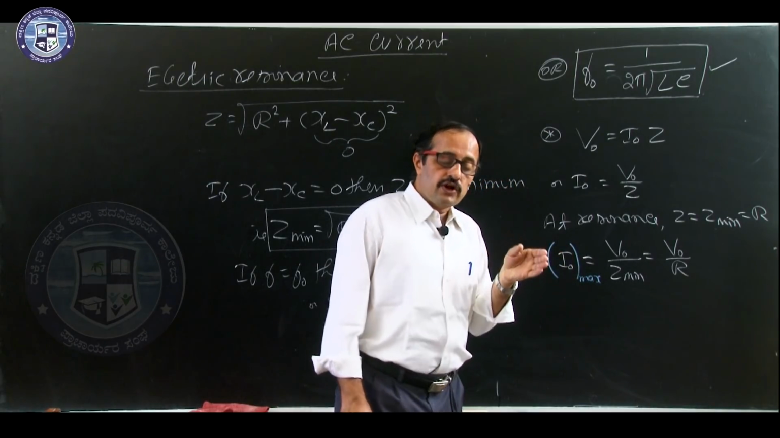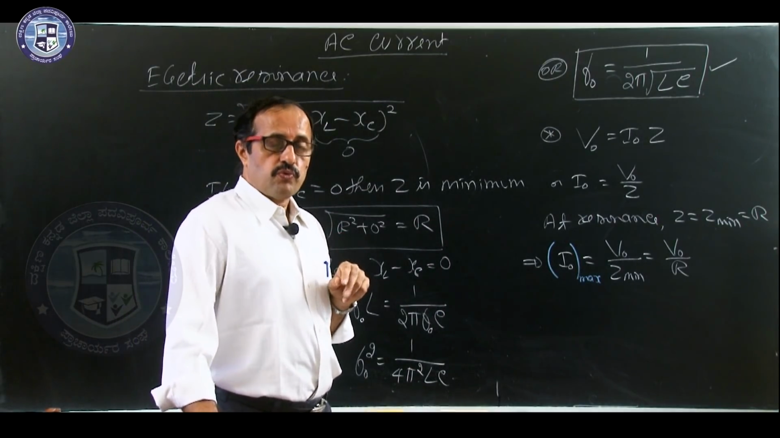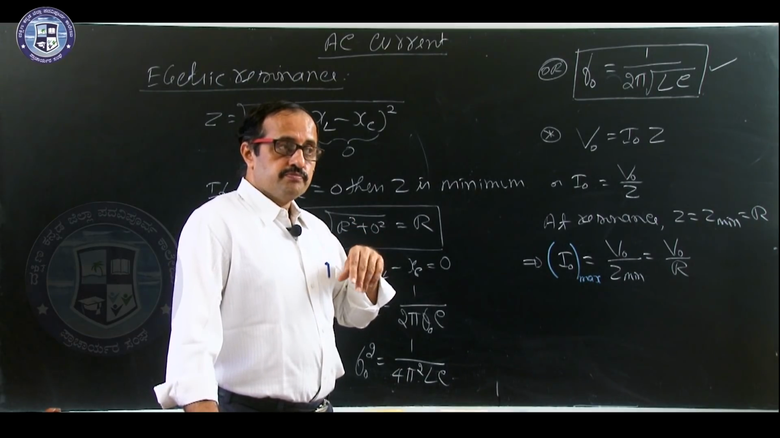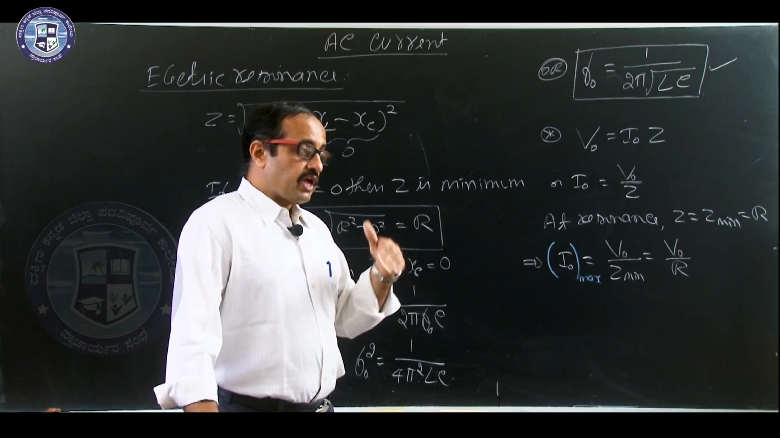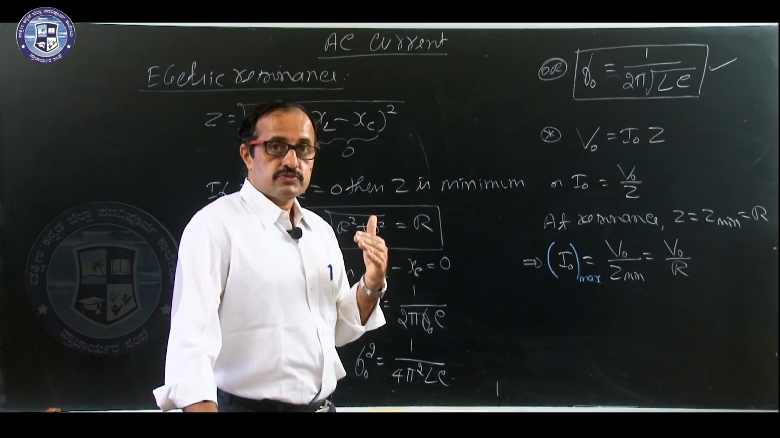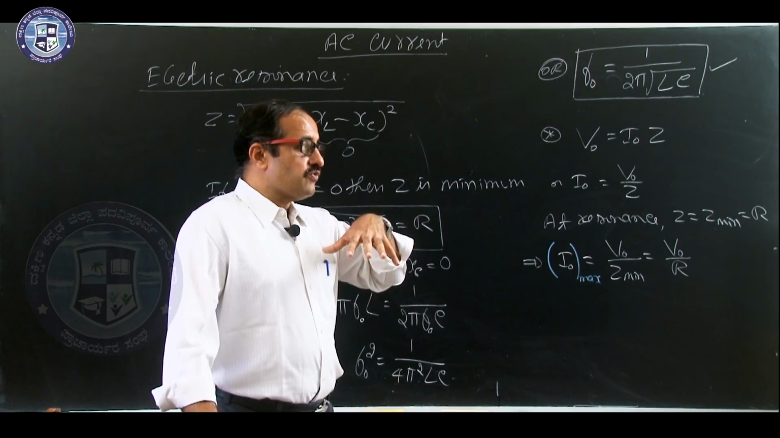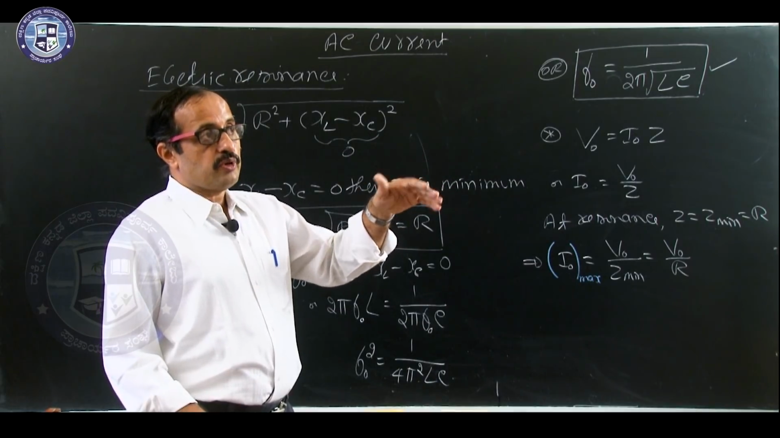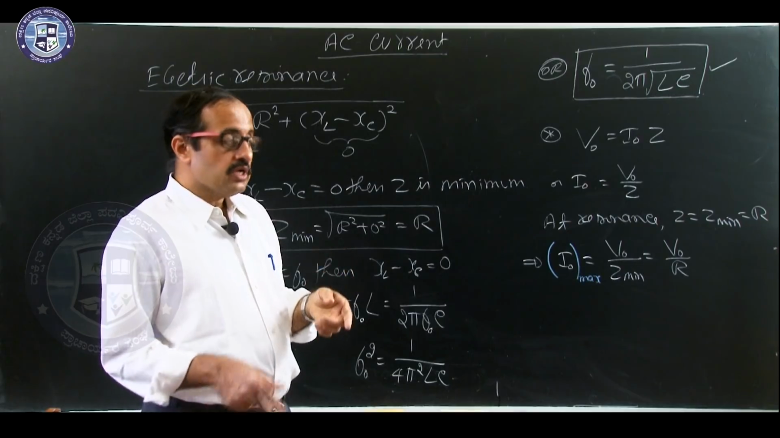Hence, it is known as electric resonance. The reason is, in first PU we studied about resonance. What is resonance? If the frequency of one system matches the frequency of another system, then the second system will vibrate with the maximum amplitude. So, frequency of one system is equal to frequency of another system, the second system vibrates with the maximum amplitude. Like that,